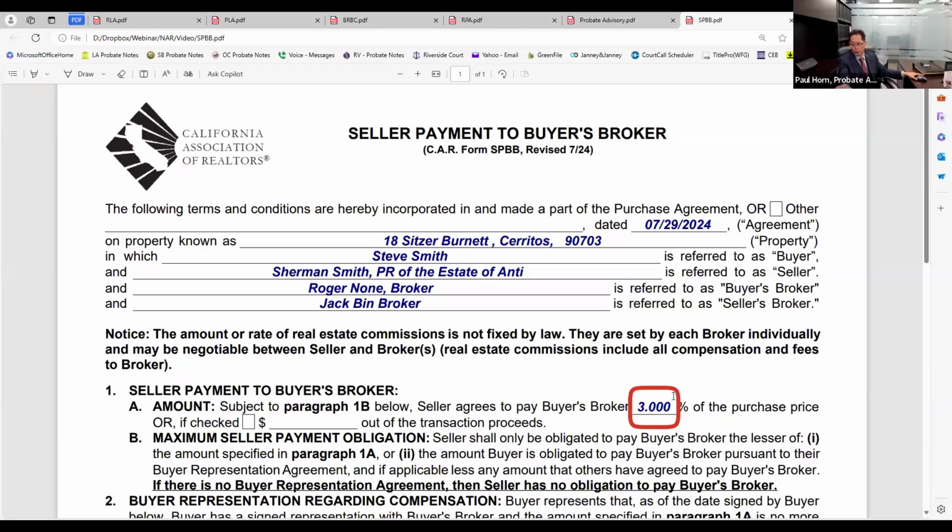And what you're asking the seller to do is, if you look at this, it says seller payment to buyer's broker, and it says seller agrees to pay buyer's broker 3% of the purchase price. So you put 3% there. This form is very important. Seller payment to buyer's broker.